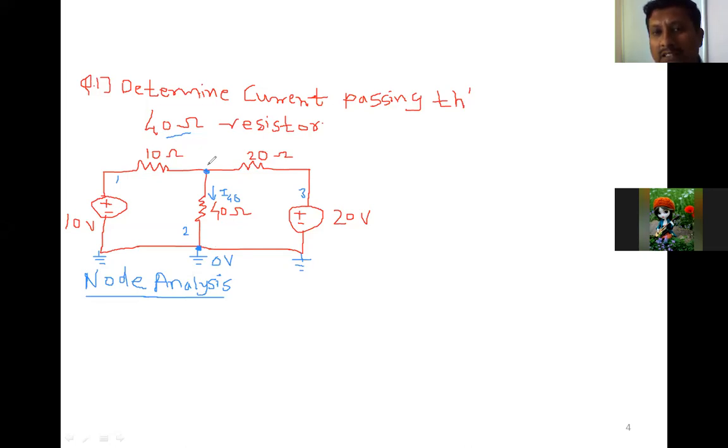Second step means out of these two principal nodes, one of the nodes I have taken as a ground. And with respect to that ground, I will give the names for the remaining principal node. So only one is there. Even though only one is there, I can give the name as V1. Okay. So first 2 steps are over. Everyone understood now first 2 steps? Please put in chat box.